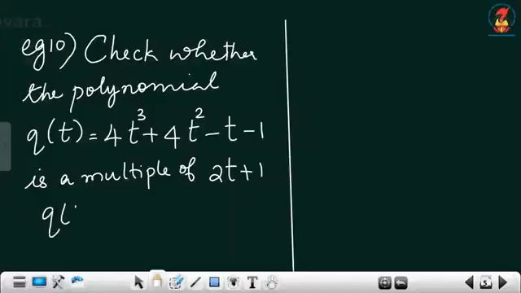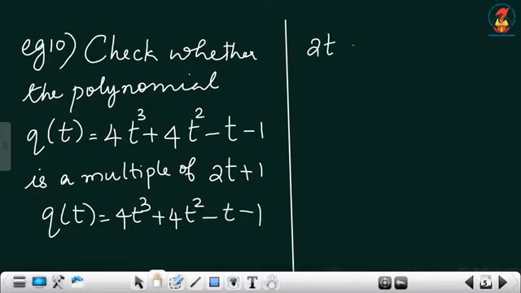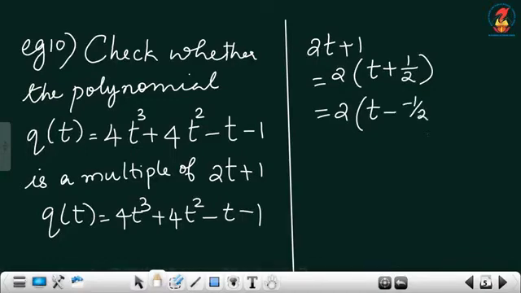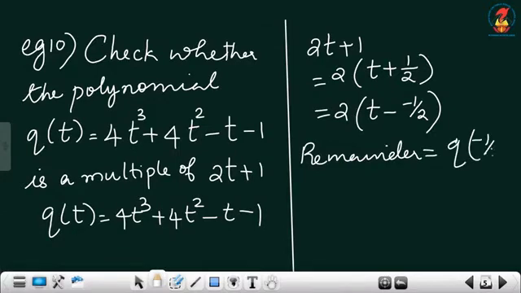So, clearly q of t is given as 4t cube plus 4t square minus t minus 1, and the linear polynomial is 2t plus 1. We have to get it in the form x minus a. Take out 2, so t plus 1 by 2, which is equal to 2 into t minus 1 by 2. This is the linear polynomial. So, we have to find the remainder. Remainder is equal to q of minus 1 by 2,